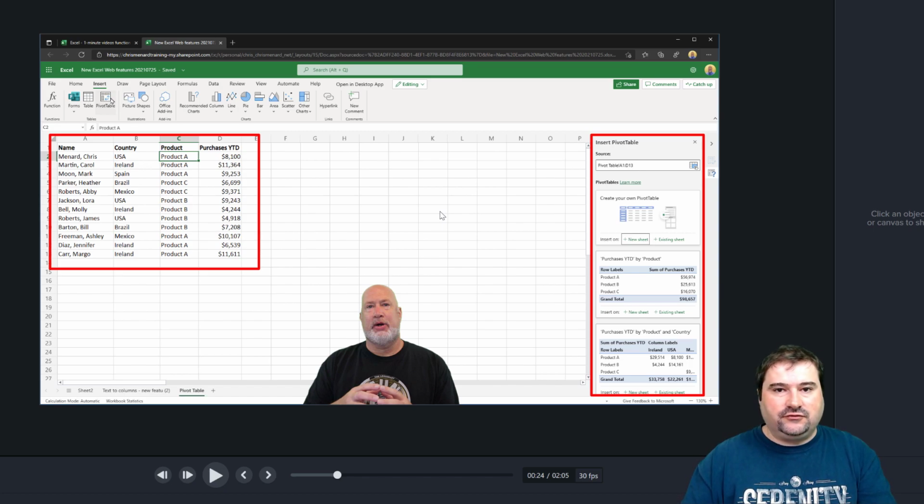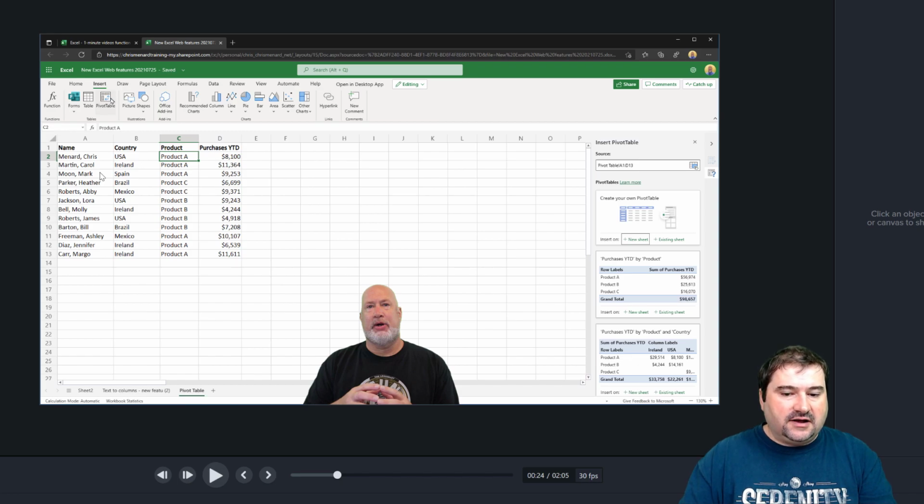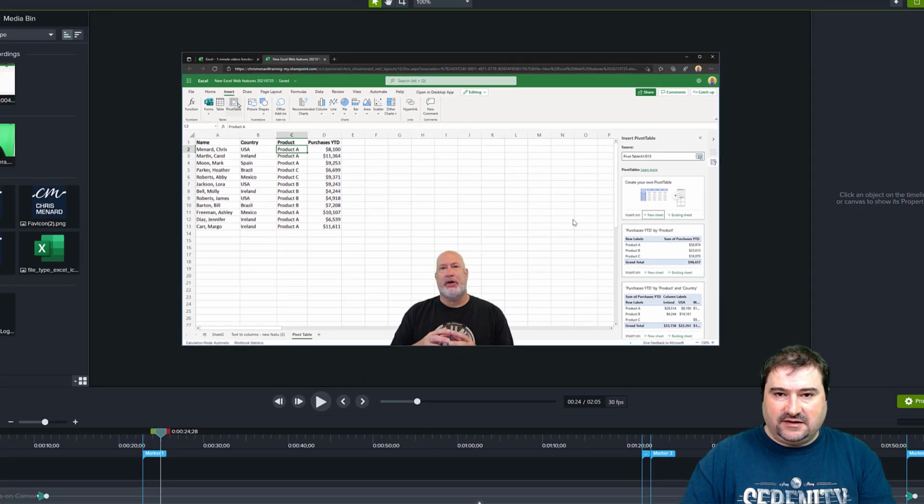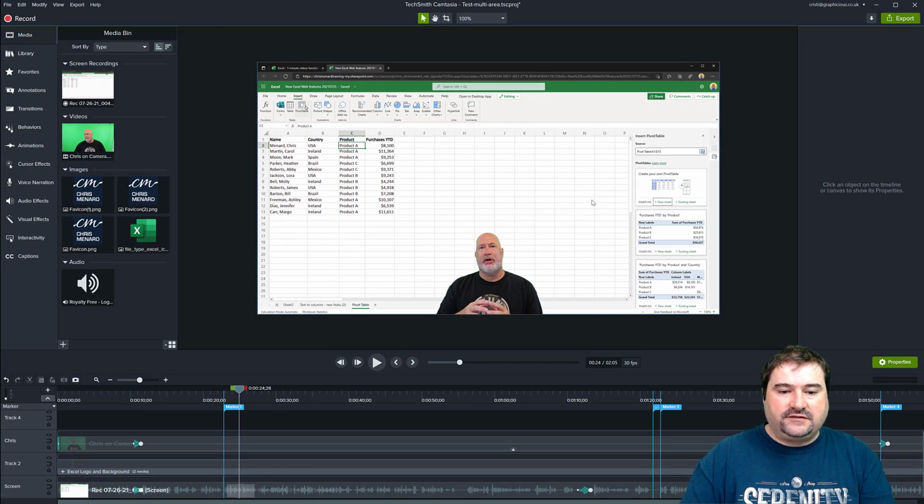This is usually true in Excel tutorials for pivot tables, for example, because the panel that allows you to configure and format a pivot table is on the far right of the screen, and the data is usually on the left side. So I'm going to show you how you can show this information at the same time without this waste of space in the middle, where there's no data really. So let's see how we can do it.